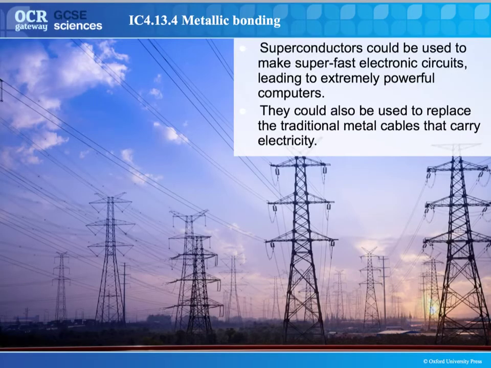Other more run-of-the-mill things that you could use superconductors for, essentially what we've got is potential for really, really fast electrical circuits, which means very, very powerful computers, and the potential to transfer electricity through the national grid and waste very little electricity. That would make the whole system more efficient, making electricity cheaper to produce and reducing the amount that we needed to make, therefore reducing the amount of associated pollution from generating electricity through non-renewable